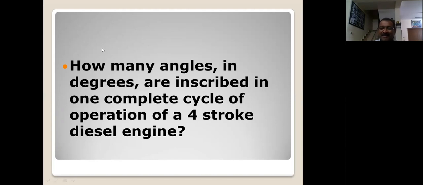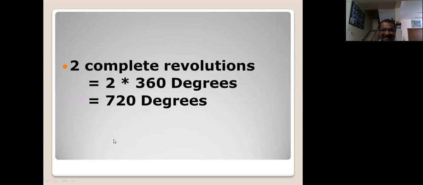Ritesh has answered. It's a very simple question. One complete revolution, a circle. One complete circle means 360 degrees. One complete revolution means 360 degrees. So two complete revolutions means,